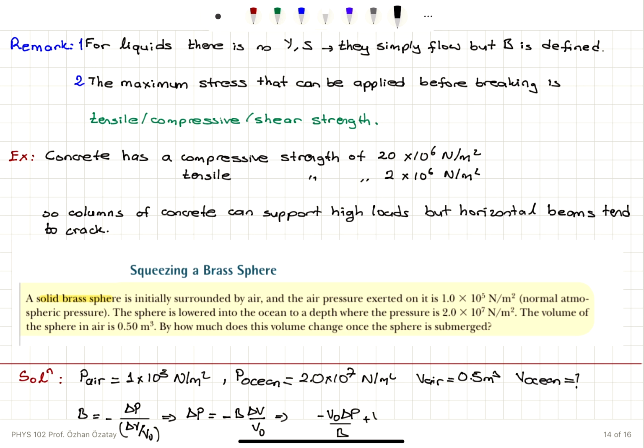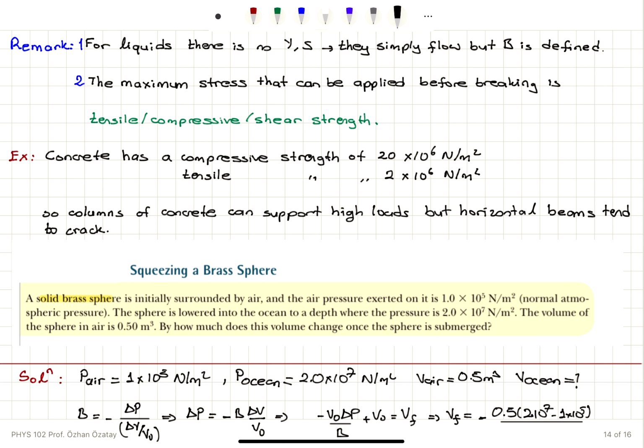So plus V initial is equal to V final. So V final minus V initial, if we take this to the right hand side, is delta V. Delta V is minus V0 delta P over the bulk modulus. So you can see that the final volume will be equal to minus initial volume 0.5, change in pressure 2 times 10 to 7 minus 1 times 10 to 5, divided by